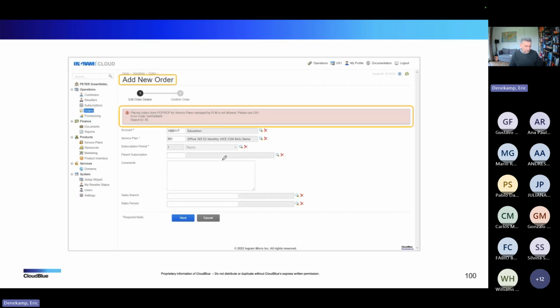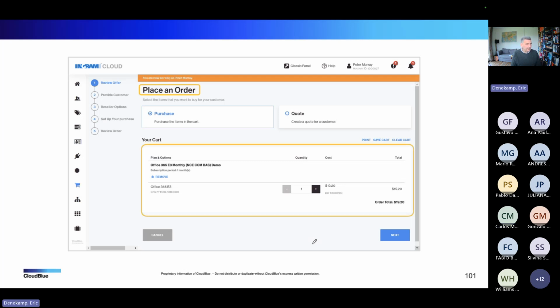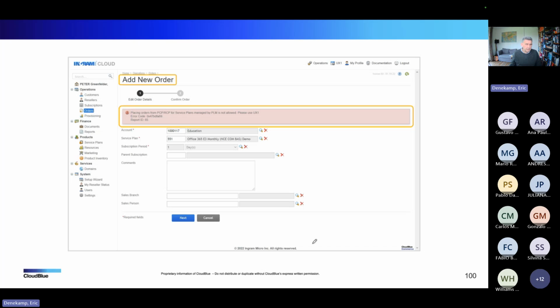Adding orders, and this is a tricky one. Adding orders to a new customer from a PLM-based product, I cannot do in Classic Panel. You have to go through the marketplace in PLM. That's a key thing. That's quite a limitation. However, the system will be clear that it's not allowed and that you should use UX1.